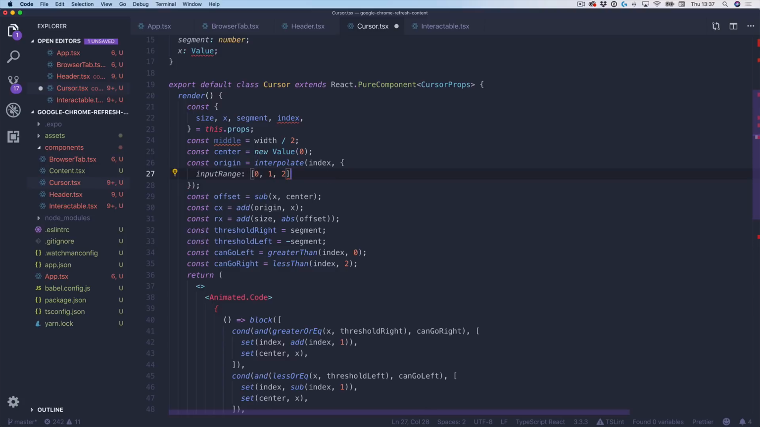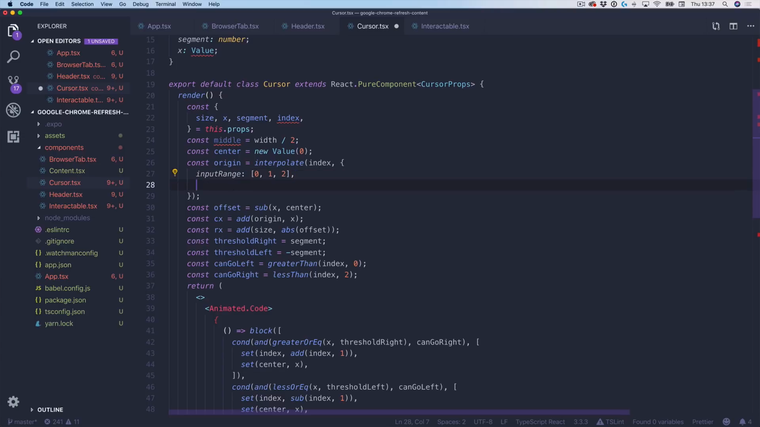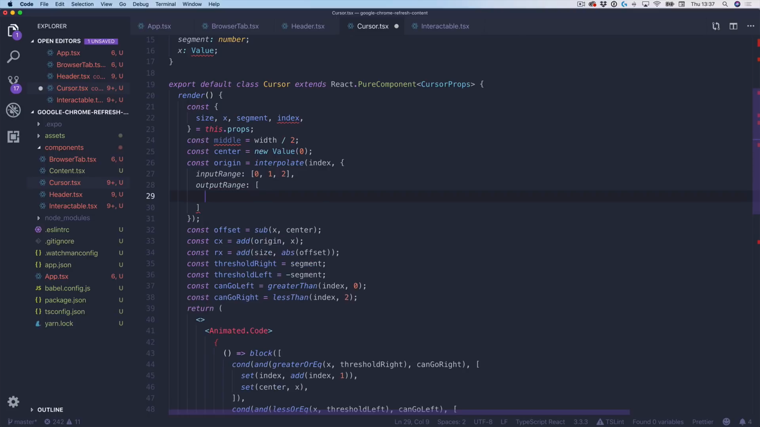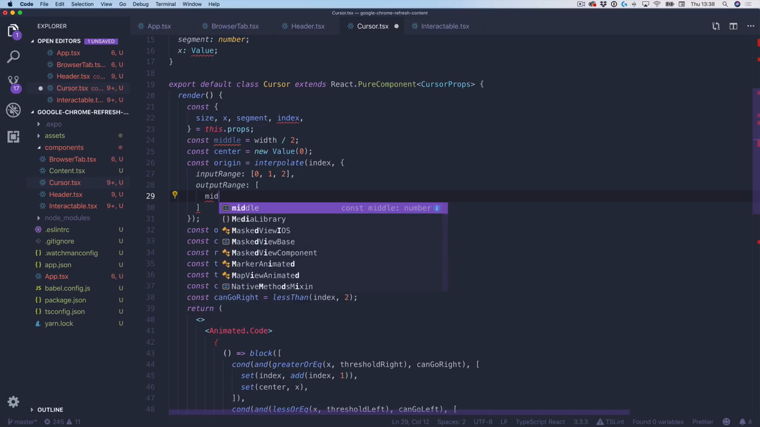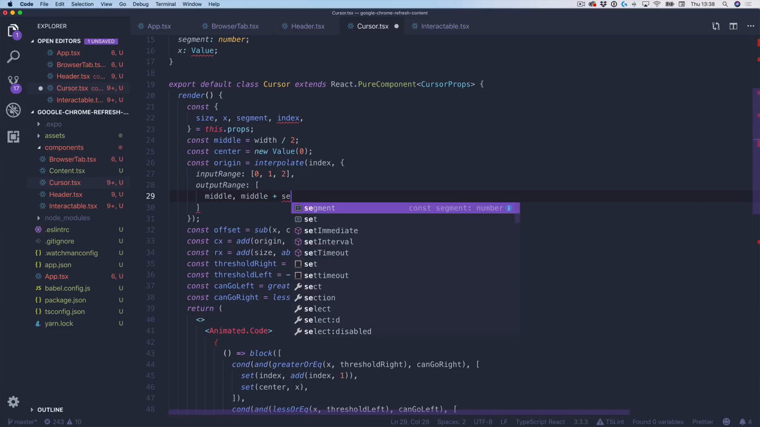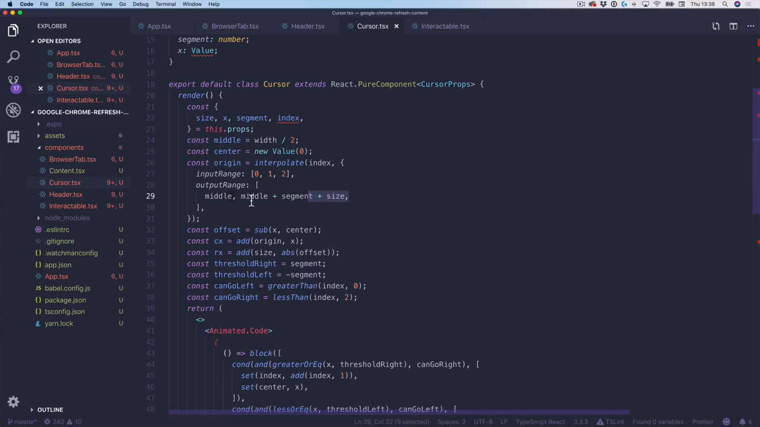So we go to 0, 1, 2, and the output range. We know that we have middle, so for 1 it's the middle, then it's middle plus the segment plus I think the size of the icon, and for 0 it's my middle minus segment minus the size. So this looks already pretty good, but now the threshold also needs to be based on